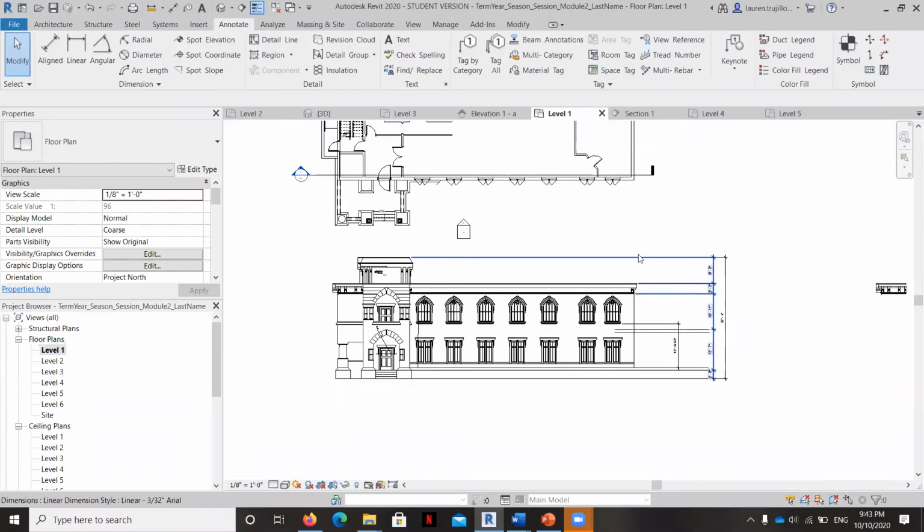In this video, I'm going to teach you how to create some columns and draw grid lines. Now, the set of drawings that we have, the AutoCAD version, is really beautiful and detailed in a lot of ways, but it doesn't have all the information that we need in order to truly determine where grid lines need to be and where columns need to be.